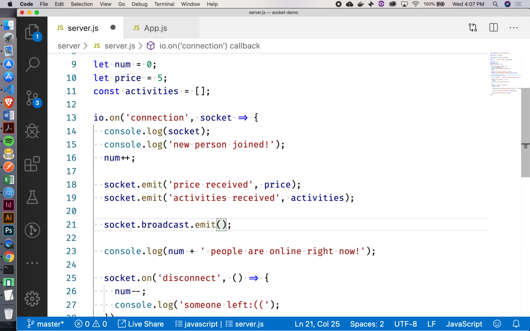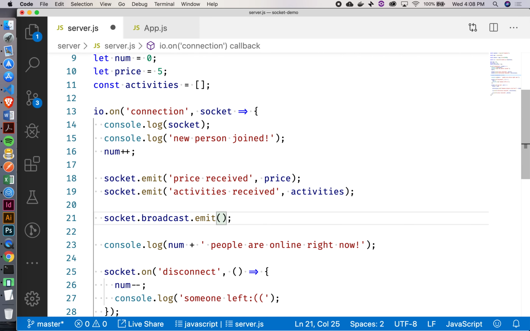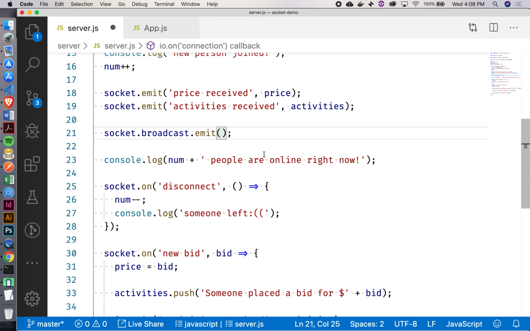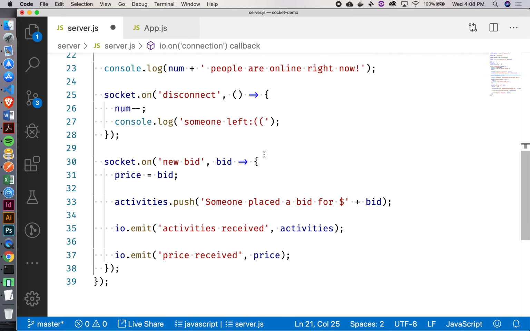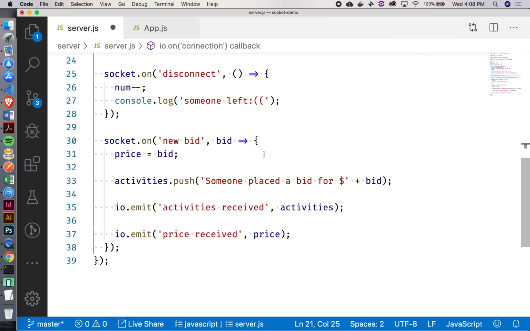All right, real quick. Andrew, what's happening inside here? Let's look at line 30. What's happening in there? So we are invoking an on function inside the socket, listening to an event. Perfect. I like that. Called what? New bid. We're listening for an event called new bid, and then we're passing in as the second argument a callback function